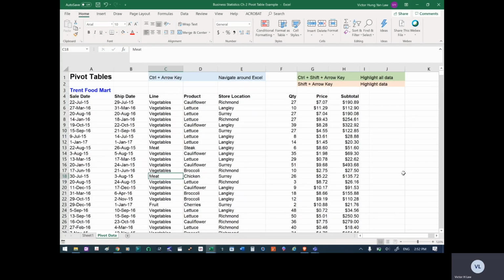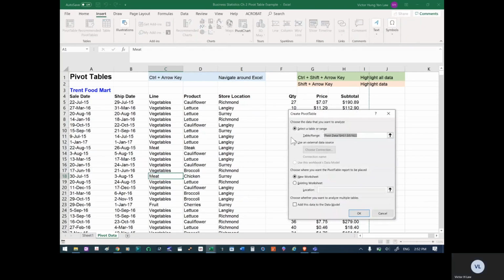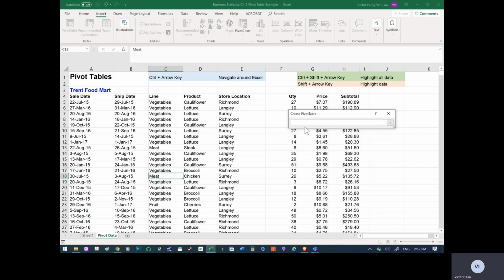So right now I'll show you another example of pivot table. What we're going to do is create another pivot table. So we're going to click on Insert, and then click on Pivot Table, and then we're going to highlight the data. We're going to again clear the data first, and then click on the arrow up key, and then click on the cell A4,